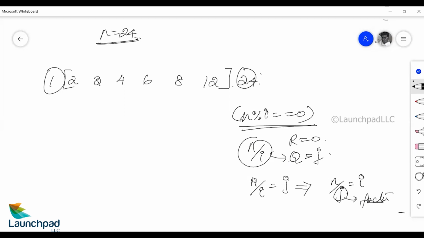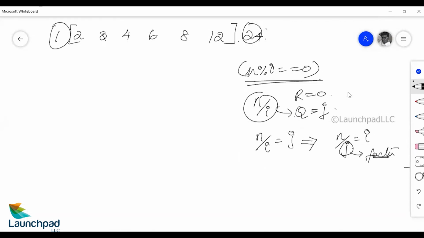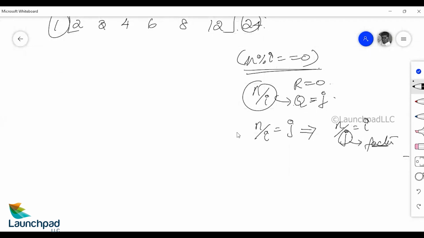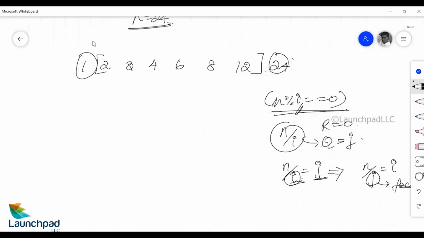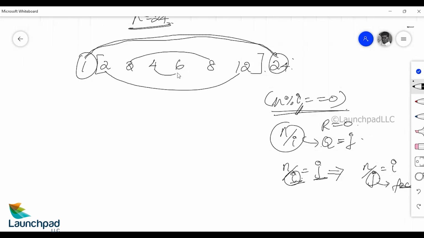So by the associativity theorem of mathematics, in such cases I'm not only finding one factor at a time, I'm finding two factors just by finding one of the pair of factors. And that is evidently seen in this pair. When 1 is a factor, obviously n divided by i, that is 24 divided by 1, 24 is also a factor. 2 into 12 is the same number. 3 into 8 is the same number. 4 into 6 is the same number. And this becomes your exact midpoint.